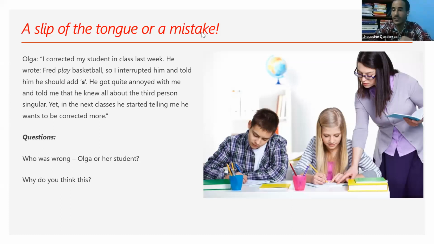Now, I agree with you. There is interruption. The time is very important. So we have to ask ourselves when to correct. Is the activity based on accuracy or fluency? You see the difference. If it is an accuracy-based activity, then there is a good time to correct. If it is a fluency-based activity, then there is another time to correct. So very important, the activities you are teaching, you have to take into account, is it based on fluency or accuracy? Then you can decide when to correct. So please note this.